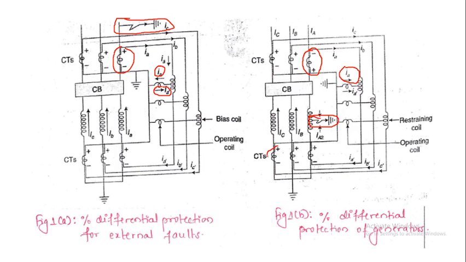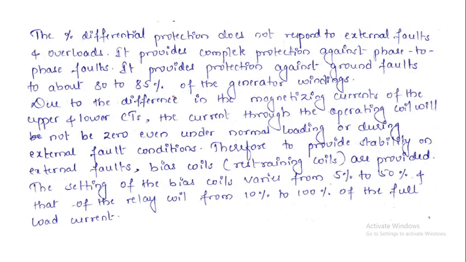Say if this is going to reverse the polarity, then the current IC dash will be the same, like IC will be the same, then the IC dash is going to be reversed. So automatically the sum of these two currents will flow in the relay operating coil, which is going to energize the operating coil of the relay and give a tripping signal to the circuit breaker. So this is under the internal fault which has occurred in the stator part of the rotating machines.